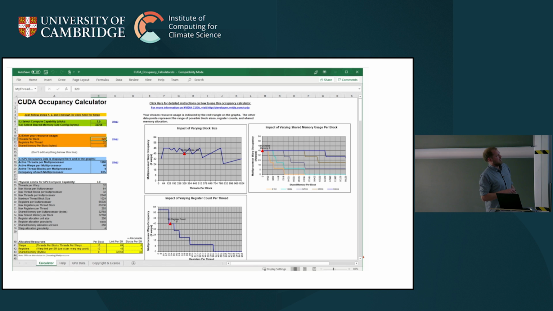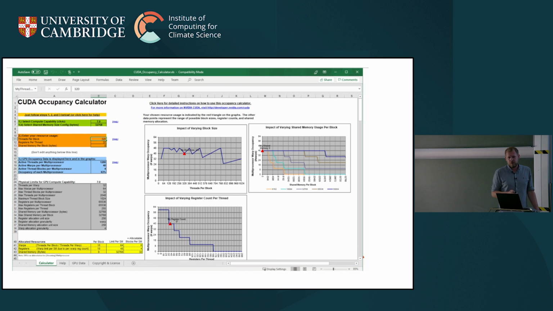If I vary the number of registers, am I at a cliff point here? If you look at this example, see the registers are here, and you think, well, if I could use a few less registers, then look, we could jump all the way up here. So maybe I could shift something out of registers into, say, shared memory or something like that. So it's a really nice way to understand the implications of occupancy and, importantly, what it is